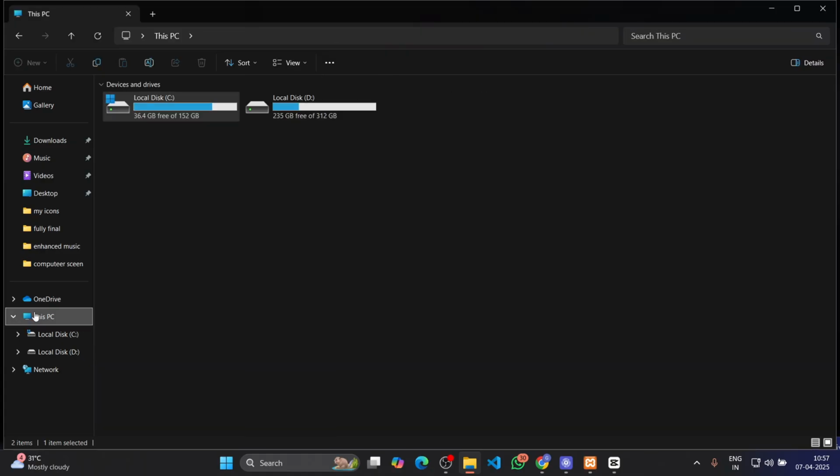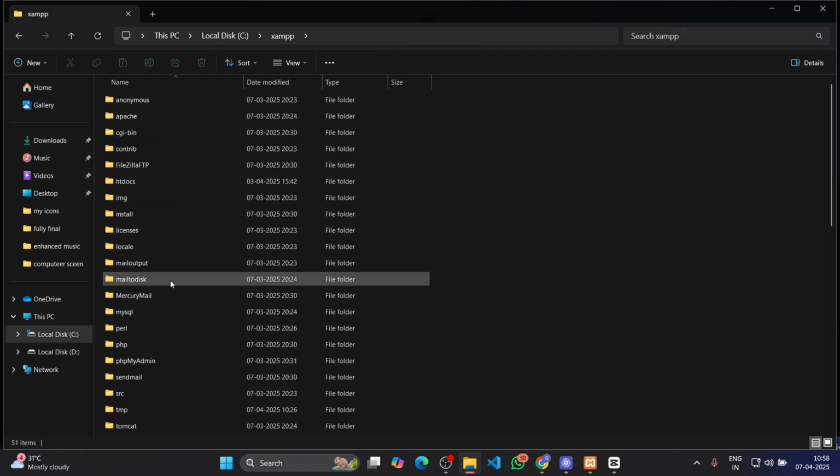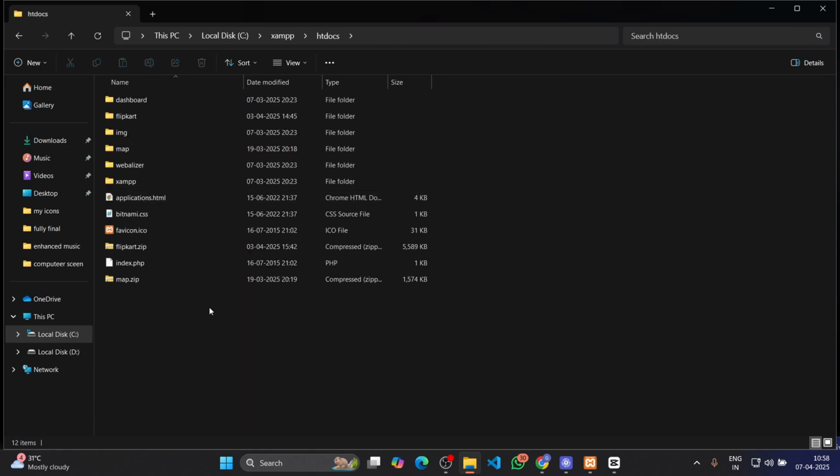Then open This PC, then click on local disk C, then click on XAMPP folder, and in the XAMPP folder there will be one htdocs. Inside the htdocs folder, put the unzipped file.